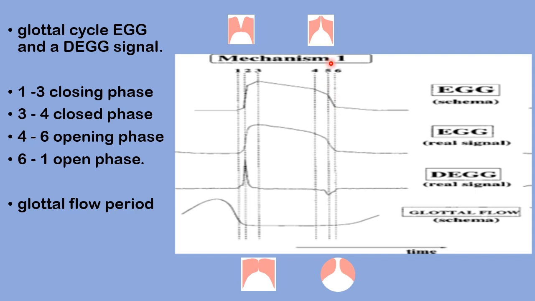This would mark number 5, and number 6 would mark the complete opening up of the vocal fold and the start of the passage of the air from the subglottis to the vocal tract. So this would mark from 4 to 6 the opening phase, and then from 6 till 1 there will be the open phase until it starts all together again. So these are a way of describing the vocal folds movement in closure and in opening up of the glottis